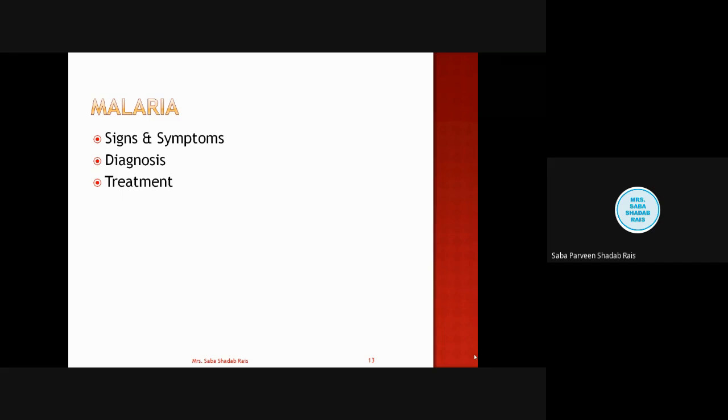Now see, in the last lecture I had already explained to you how these blood films are made: the blood of the patient is taken on a clean slide, and thereafter it is spread with another slide or a spreader, and then the slide is made. And we have already learned that two types of slides are there. So when we are making the slide for study of the parasite, at that time we make the thick slide,